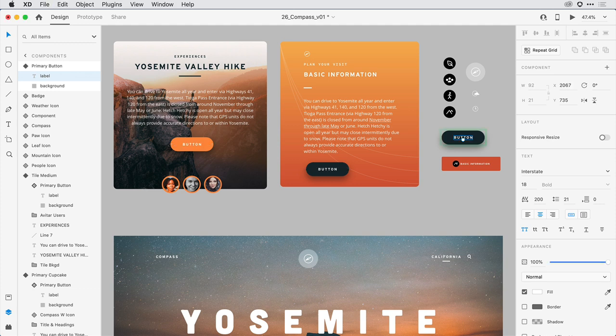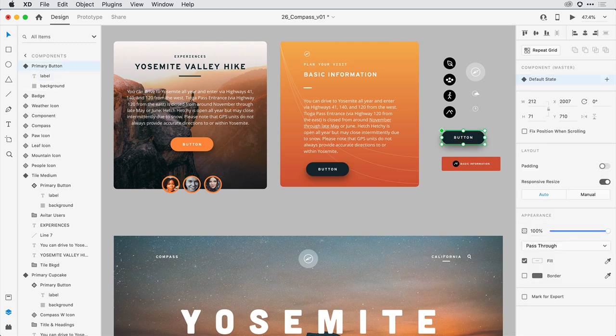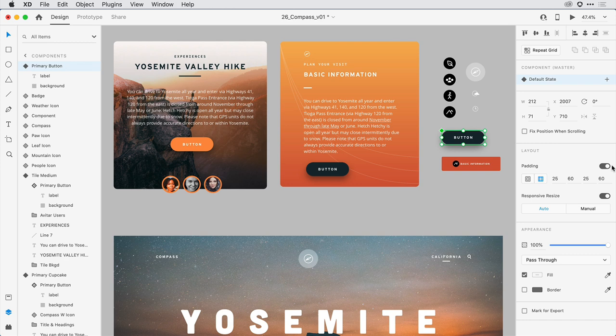Next, I'll press the Escape key to select the button at its topmost level. In the Layers panel, I see that I have that button selected. Towards the right in the Properties Inspector, I can now come to the Layout section and notice I have a padding toggle. If I toggle that value on, XD looks at the backmost layer in the group and calculates the distance from its outer edge to any of the content sitting on top of it